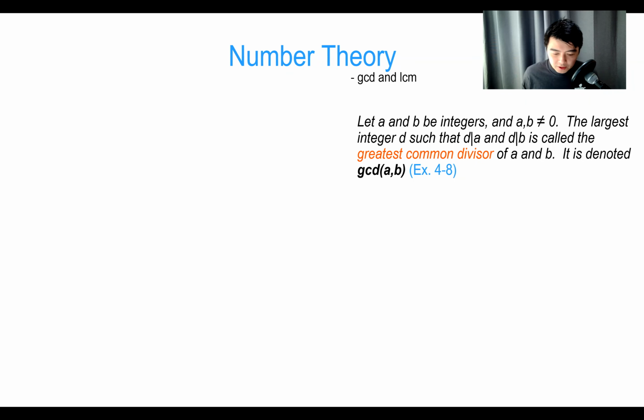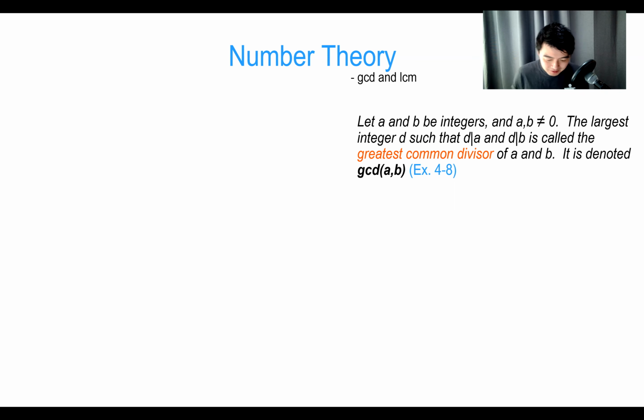So we'll continue on with our number theory section and talk about, again, some things that you probably have seen before in grade school, which is GCD and LCM. These are actually well-solved problems in computer science and in discrete mathematics, and I'll show you why in a second. But you've probably heard of greatest common divisor and least common multiple